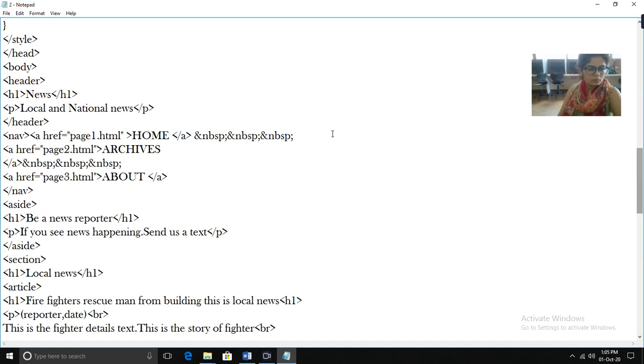After this you have to start with the body part. Inside the body you have to create the header, information inside the header, navigational links, 3 links inside the navigational tag, then the aside tag, information inside the aside tag, then the section tag and article under the section tag.